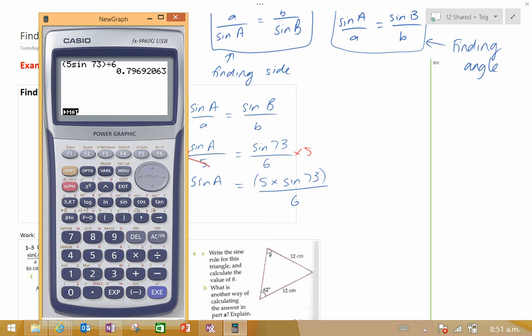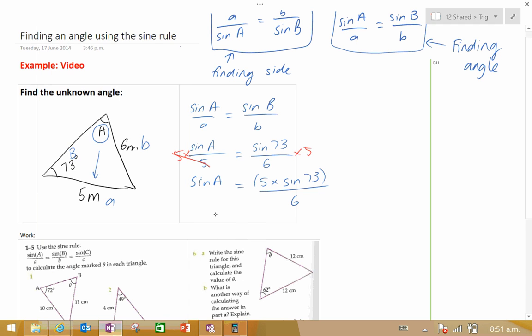0.797. So we can write that for our next line. Sine A equals 0.797. I've got what sine A is, but I actually want A. How am I going to find what A is? What's the opposite of sine? Sine inverse. So my next step is going to be write A equals sine inverse